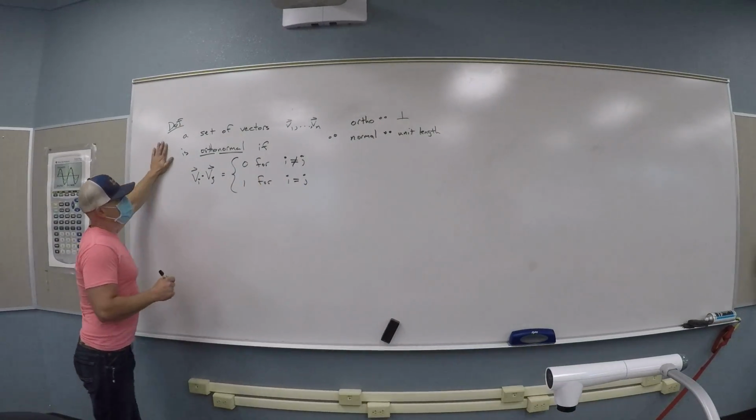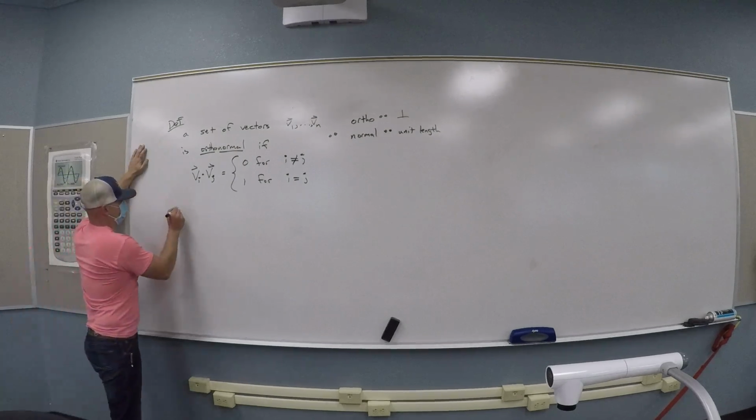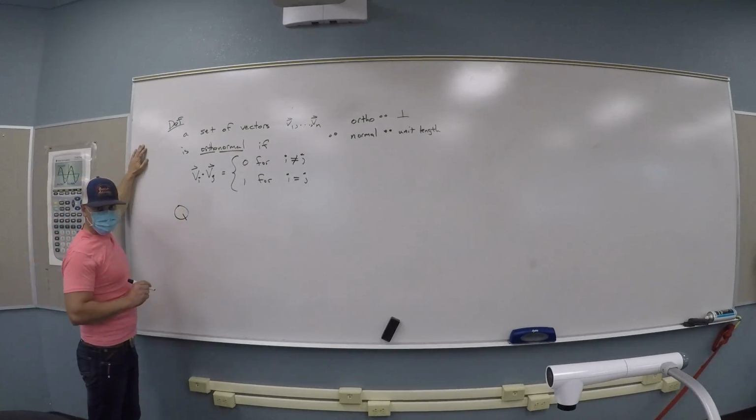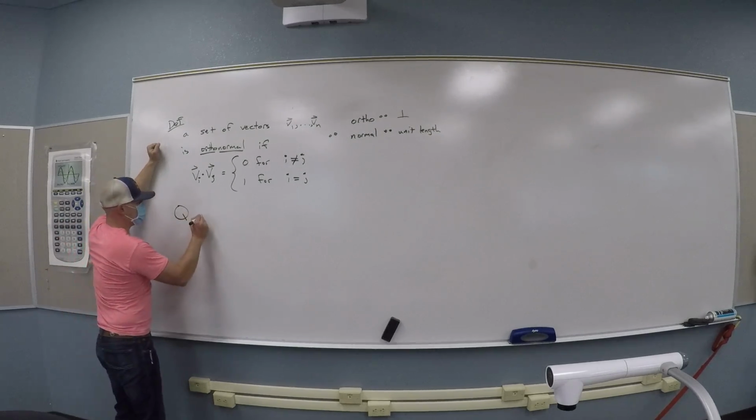So we have orthonormal sets, right? And we have letters Q. So what was the definition of Q again? A matrix with orthonormal... good. So Q is a matrix